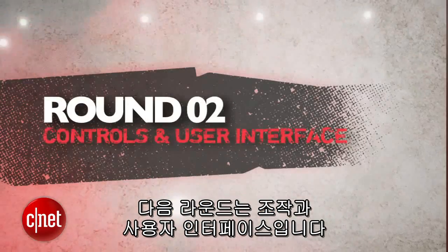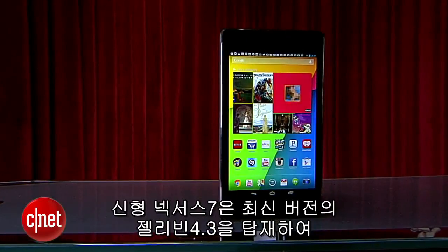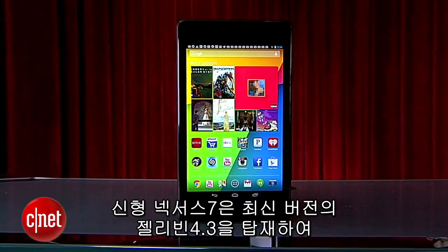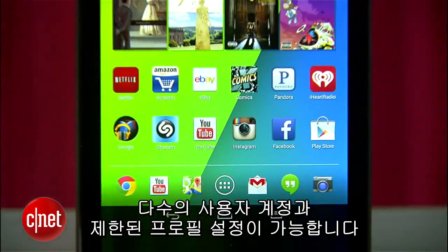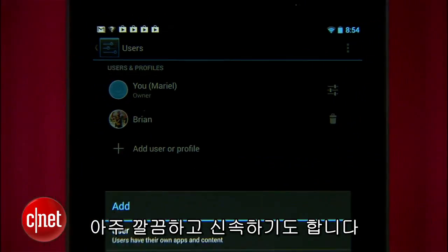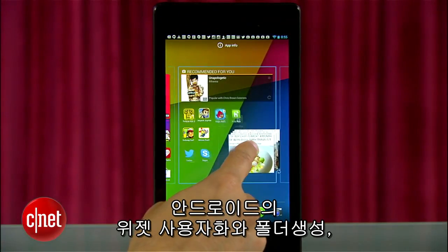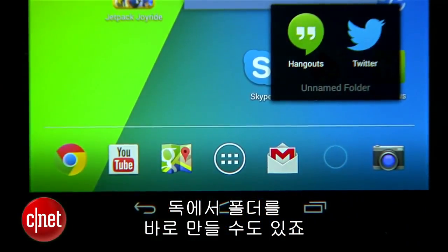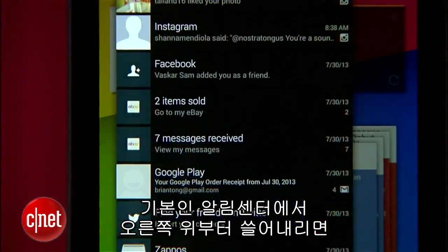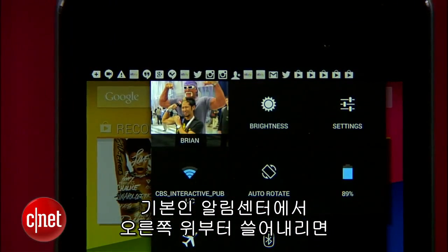Next round is controls and user interface. The new Nexus 7 brings the latest Pure Jelly Bean 4.3 experience with multiple users and restricted profiles for family members. It's super clean and snappy with Android's customization for widgets, creating folders, and the ability to create folders directly in the dock. Notifications are still a staple here, and swiping from the top right gets you quick access to